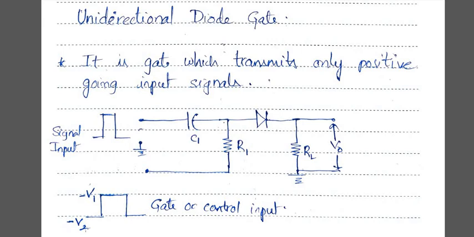When the gating signal is taken to the low part, that is minus V2, the diode is heavily back biased and there will be no output voltage. Whenever your control signal is at minus V2, there will be no output in this particular condition, so V0 is equal to 0. Now when the gate signal is at the upper level, that is minus V1, then you will have a time coincident signal at your input pulse here.